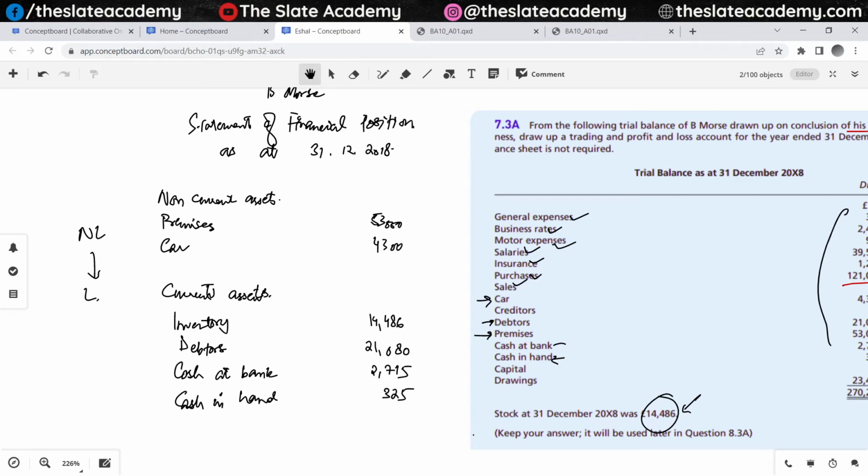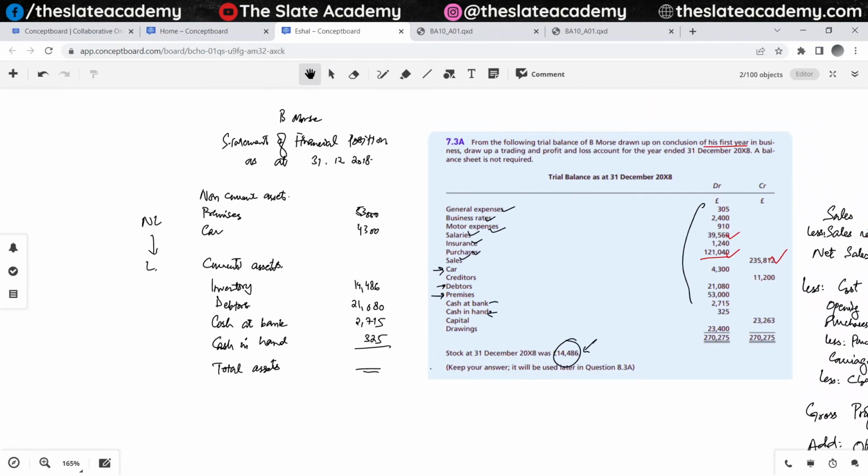Achha ji, so let's now sum this. This would give us total assets. Total assets. Theek hai ji, calculator. 53,000 plus 4,300 plus 14,486 plus 21,080 plus 2,715 plus 325. Theek hai ji, what's the sum of assets that you are getting? 95,906. Acha, we put this single line whenever we want to add anything written above it, and whenever we put